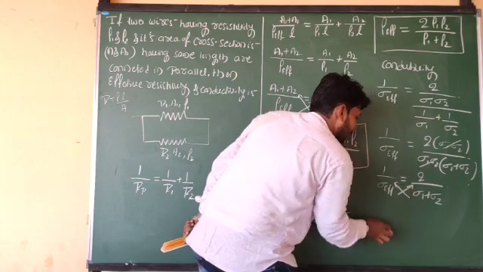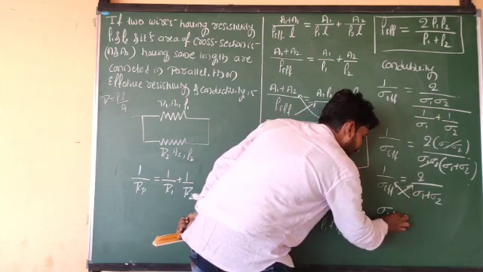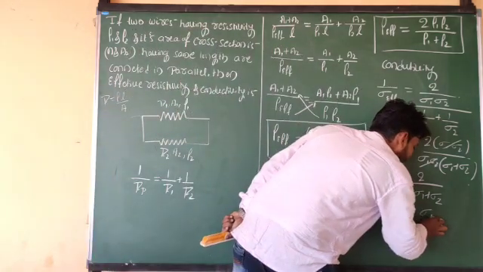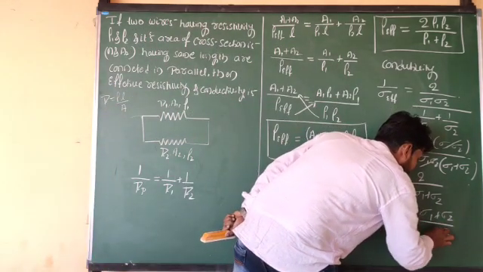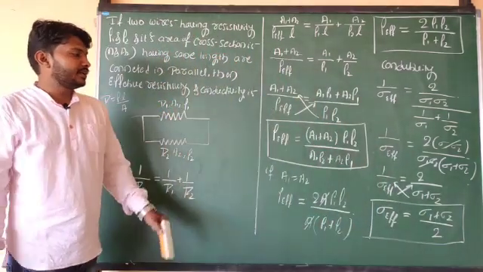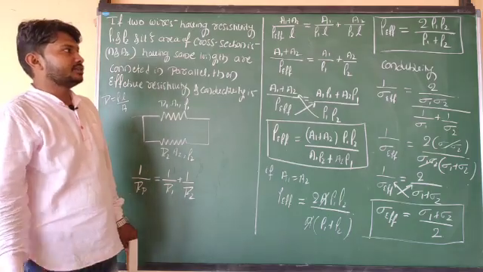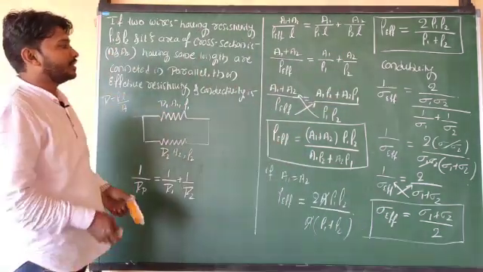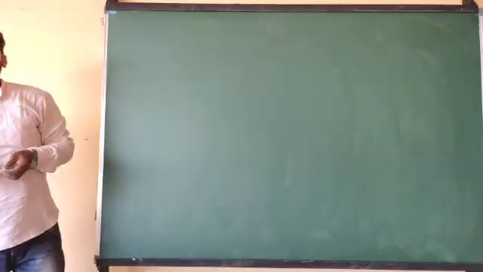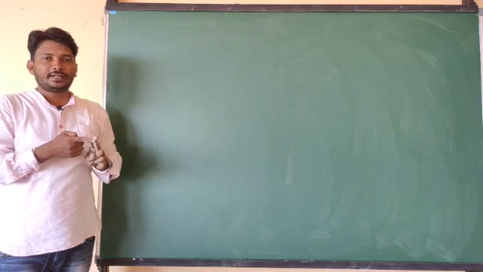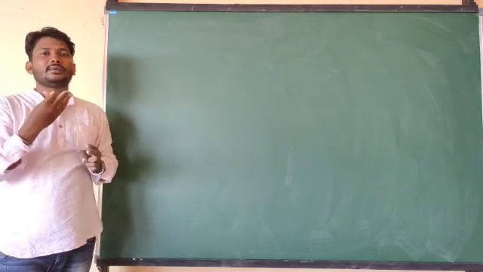So make that cross multiplication, effective conductivity is equal to sigma 1 plus sigma 2 divided by 2. So this is about effective conductivity in parallel combination. This is effective resistivity in parallel and this one is effective conductivity in parallel combination. Okay, so now we got the expression for effective conductivity and resistivity in series combination as well as in parallel combination.